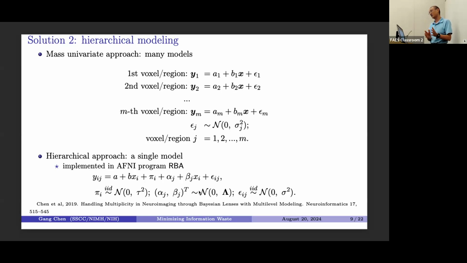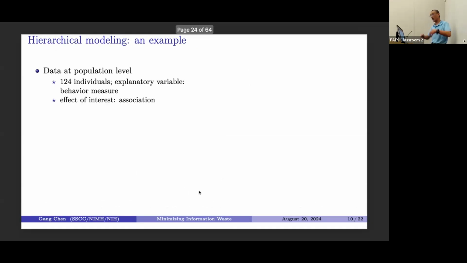No, that's not the case. We should take that information into the model. That model is a hierarchical model. The cross-brain information, that distribution, is incorporated into this one single model. If we do that, now when we have one model, there's no multiple comparison issue. So immediately we gain some, we don't have the